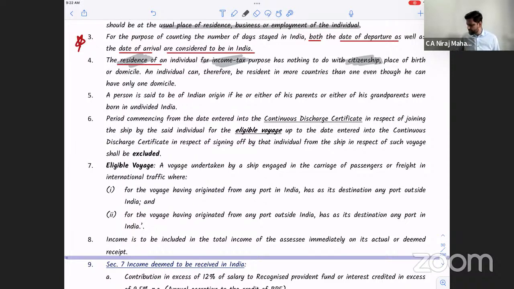Normally speaking, you get a visa for a maximum of 6 months on a vacation basis, if at all you're going for vacation. If you're transferring there on a work visa, then it can be for more than 6 months also. In that case, every 2-3 years you have to come back to India and renew the visa, etc. Clear?